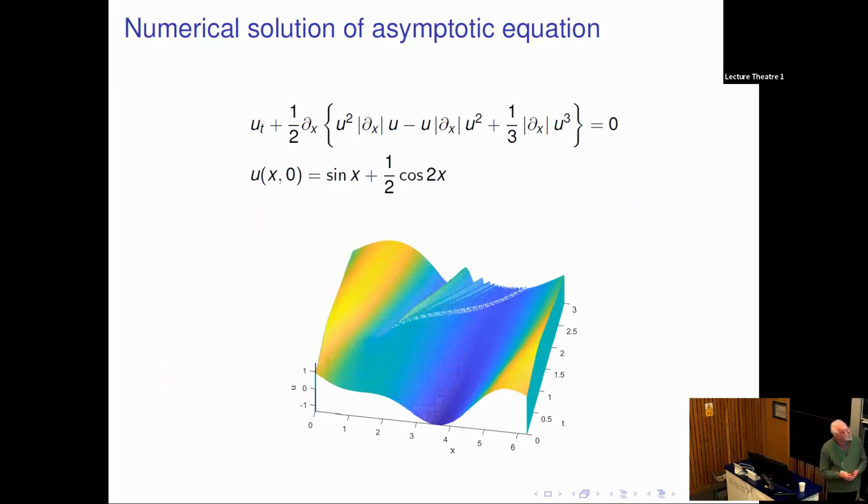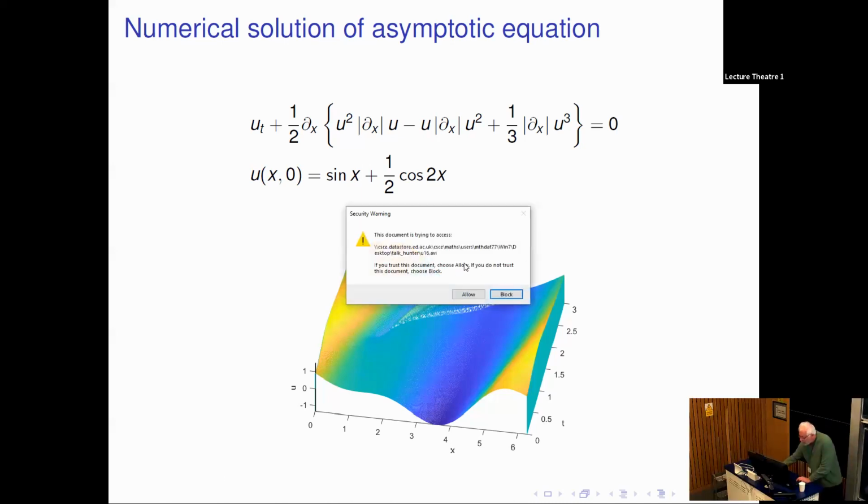All right, what I want to show you is this. I switched from V to U, but this is the equation again, with normalized coefficients, the asymptotic equation. And again, you start with two initial wave numbers. As I said, you have to do that to kick the dynamics off. And here's a numerical solution by pseudo-spectral method.